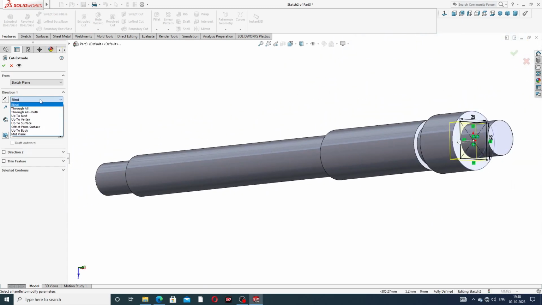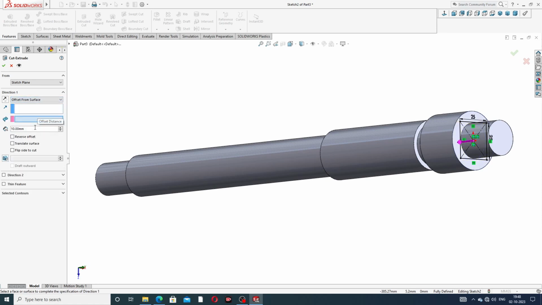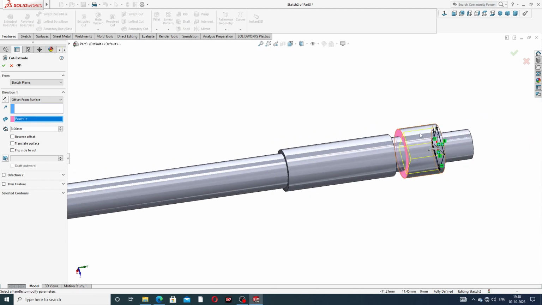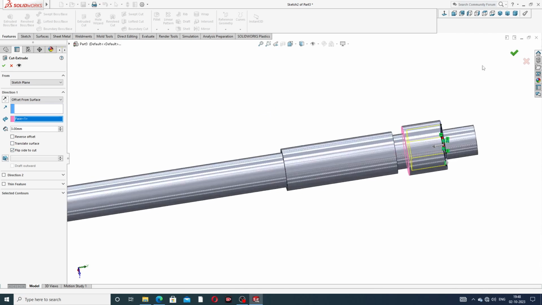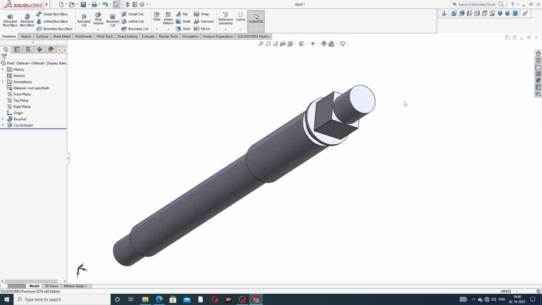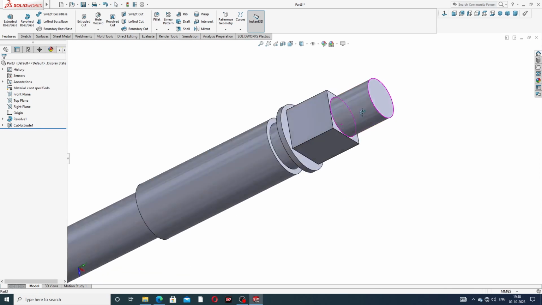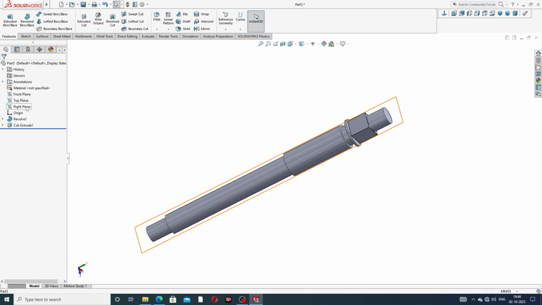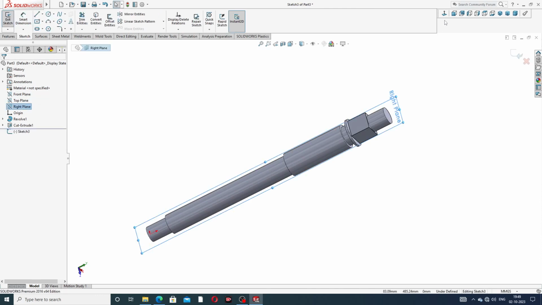And going to this, offset from surface, okay, and this is 3 millimeter, and offset is this, okay, and flip side to cut is better, and okay, click OK. Okay, this is very nice looking here, and this is perfect and correct, and also use a right plane, a hole is created here, and okay,